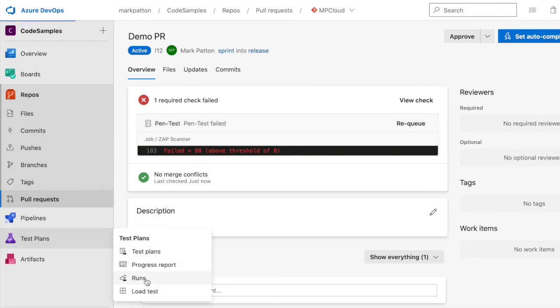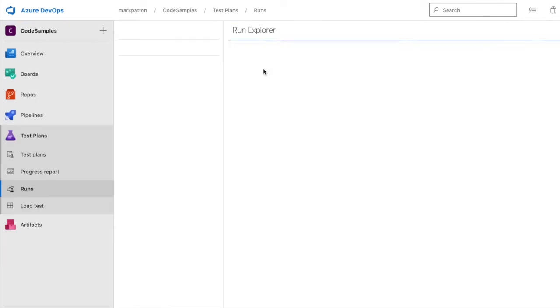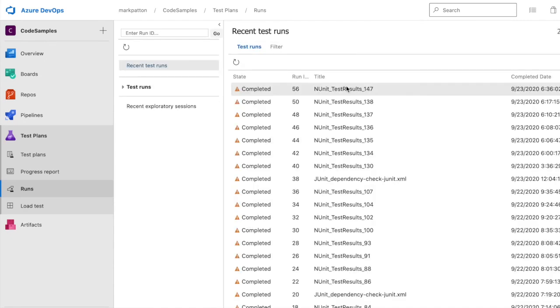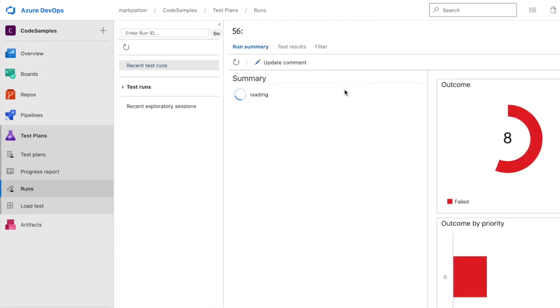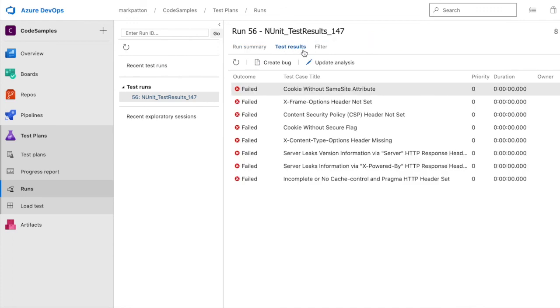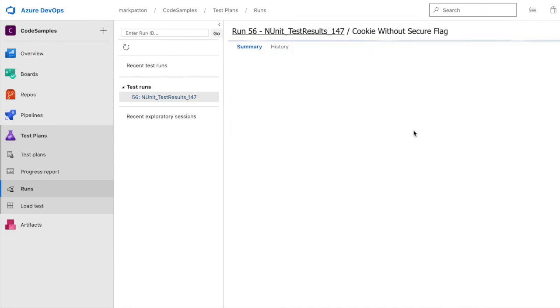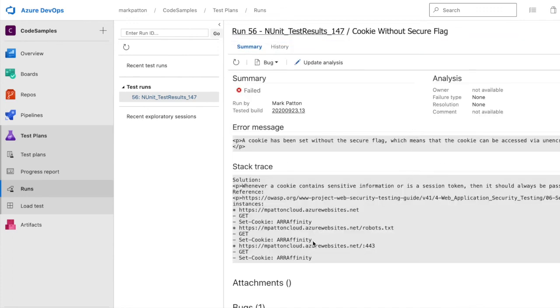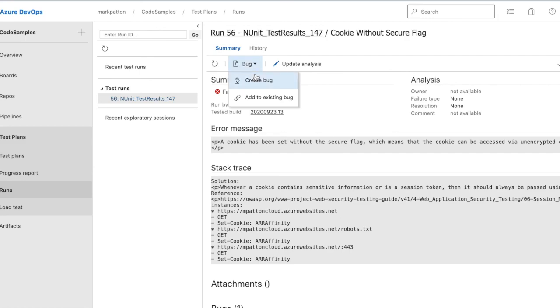And you can see here our threshold has failed. We've got failures above the threshold of 0. Now we can go into the dashboard and we can quite clearly see that we've got a number of failures, and I'm just going to pick one here at random. Our affinity, you'll be familiar with that in terms of web services. Let's just, for the sake of this demonstration, create a